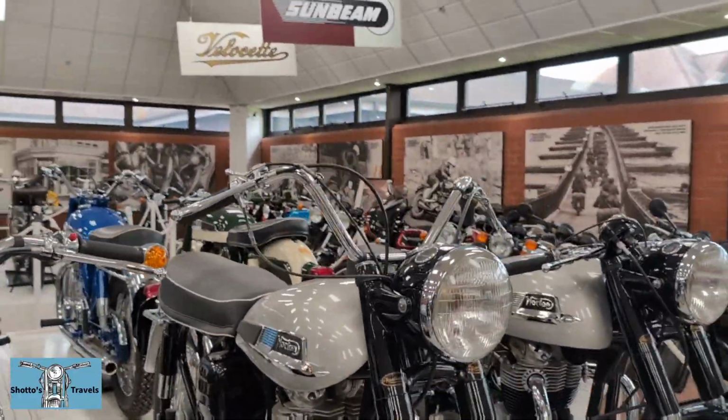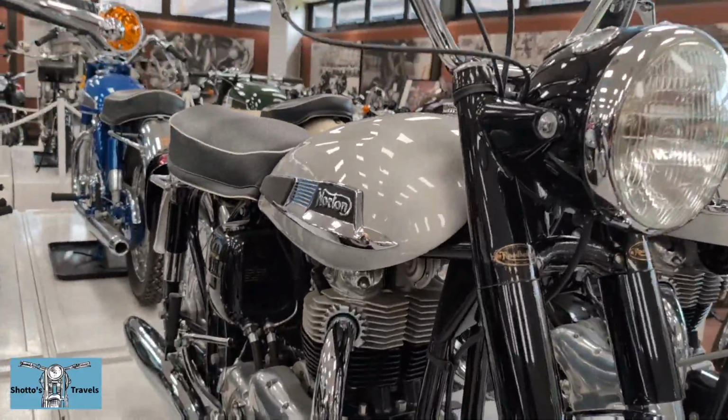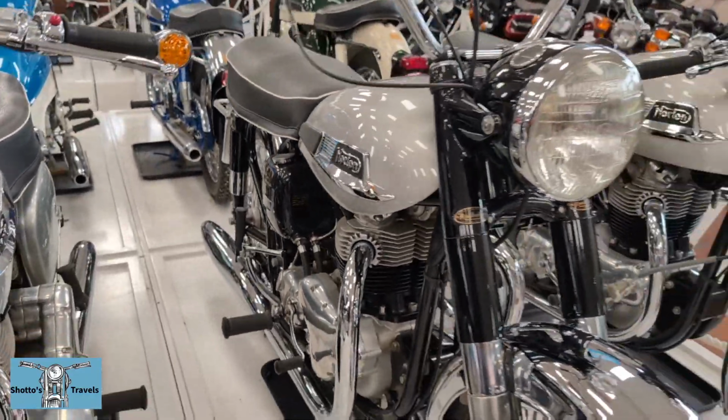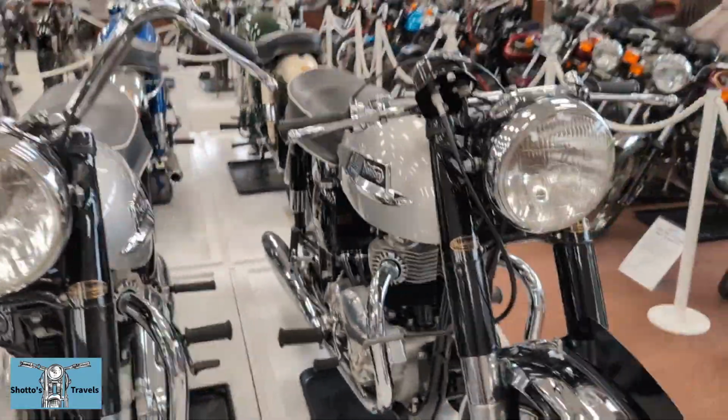Oh, there's some pretty bikes in here. Norton Atlas, that's a pretty thing. Look at that tank, how it moulds round. Wonderful. Wonderful. And up here,